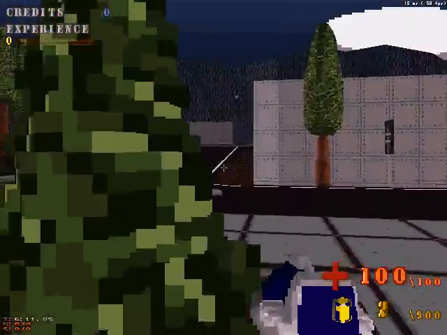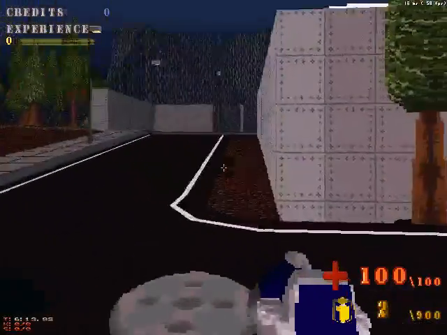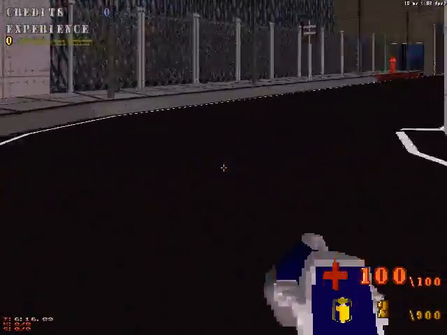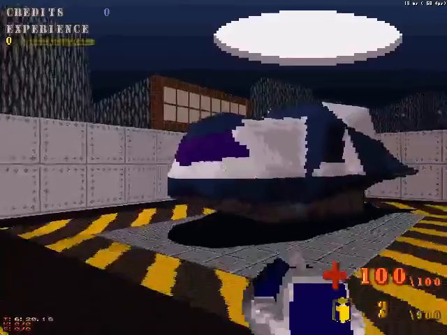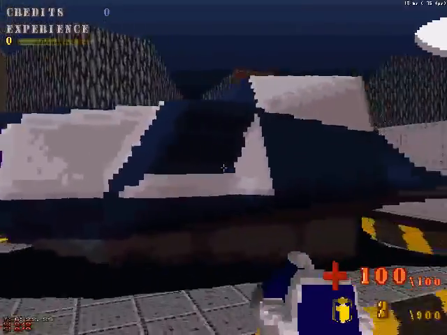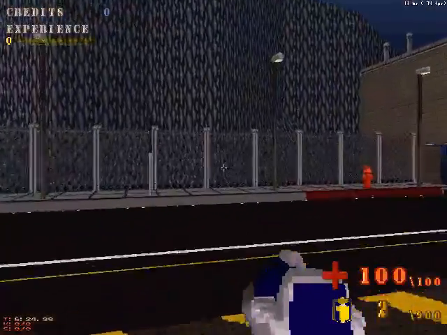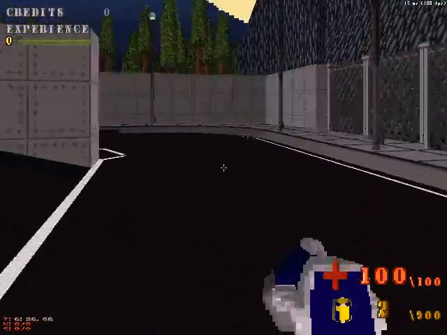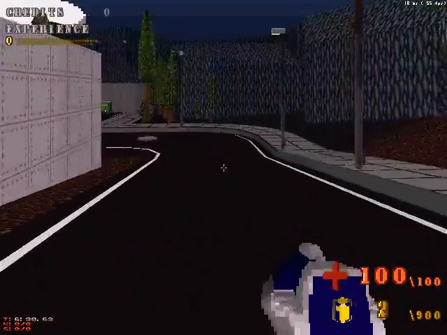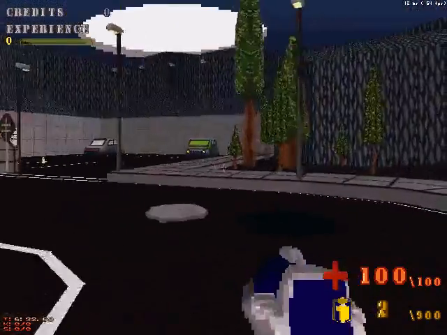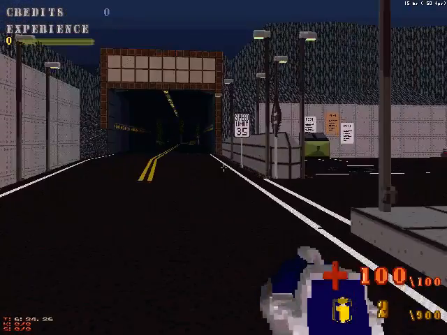You can't blow up the ships, or the shuttles, I'll say. You can blow up other ships, but not these shuttles, because these will be your waypoints. Like this one will be connected to the space station. And then there'll be one in the space station that will take you to this one. And they'll have interiors again, like the Alpha had interiors for all the space shuttles. And you go down through here,